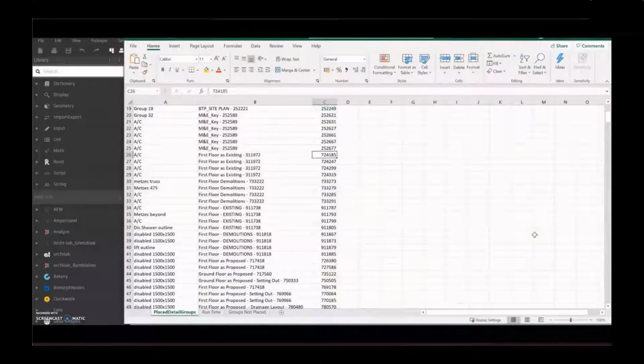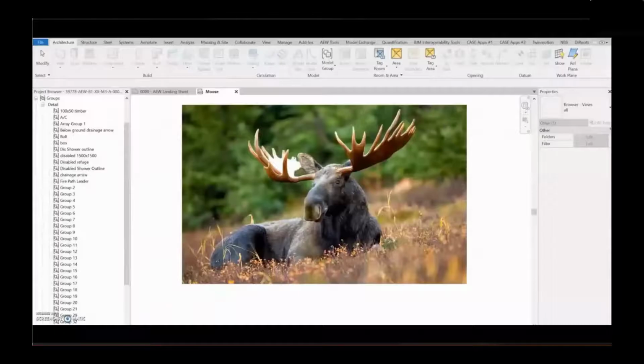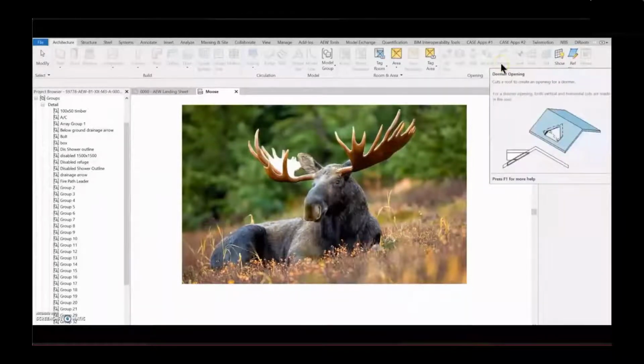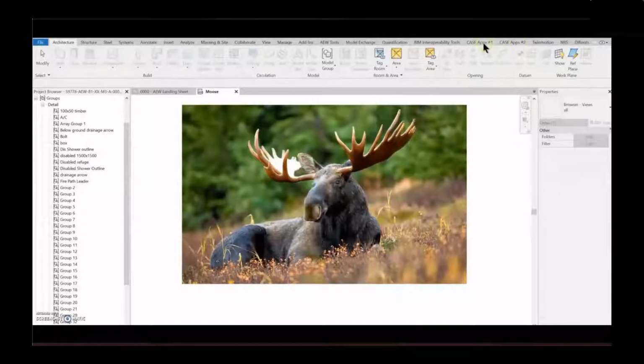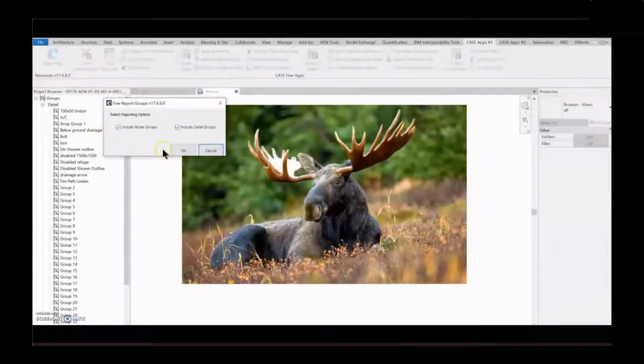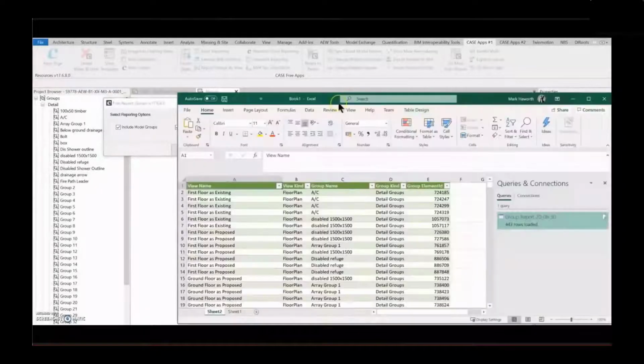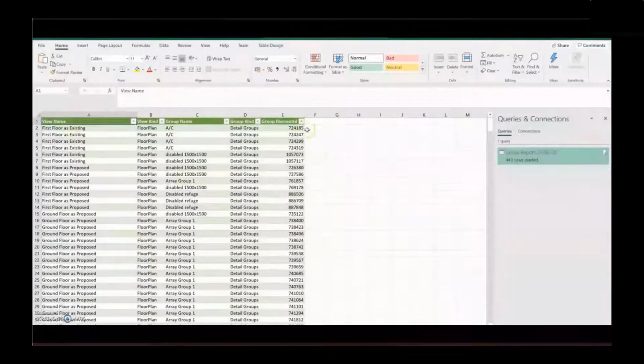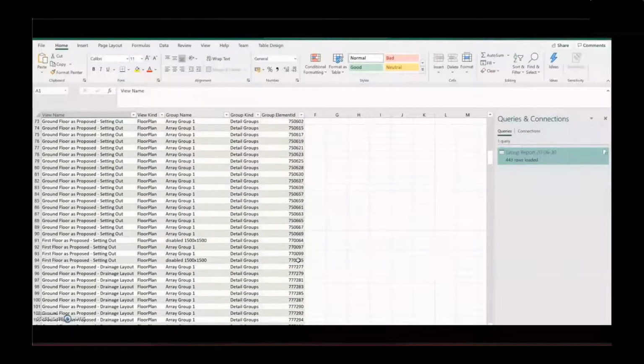There is a third way if you don't want to have to go through Dynamo, which is if you have the Case apps, which are available for free via GitHub, then you can go onto Case apps 1 and you've got Report Group by View. They'll ask you whether you want to include the model groups as well as detail groups. You can click that out and it will save a CSV file, and that again can be loaded in, and you've got the group element ID